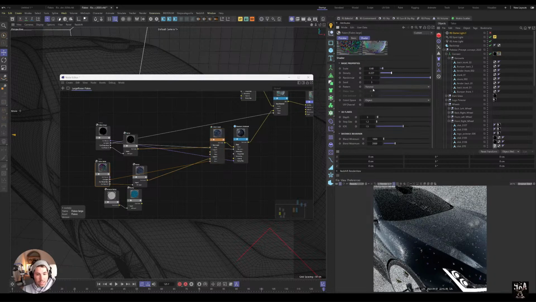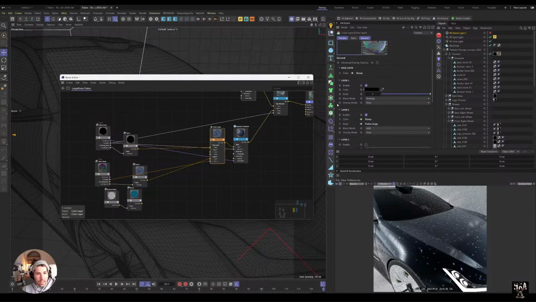Increase the density. It's like I'm overlaying on top of that color layer. So if this is going to be like normal,